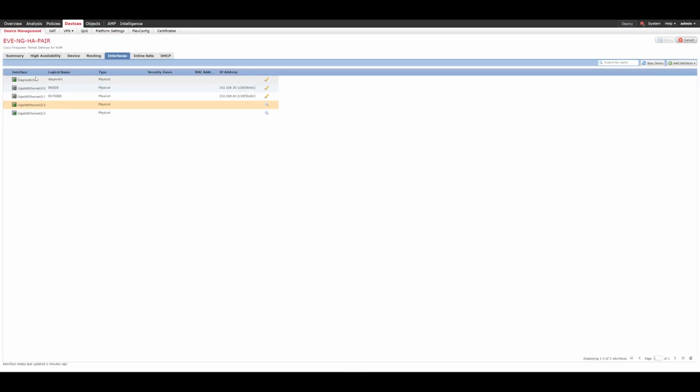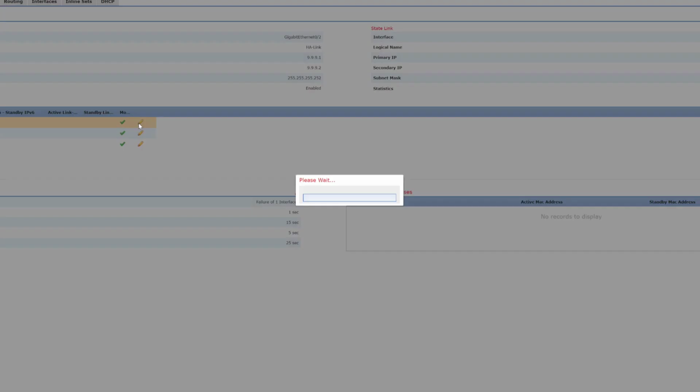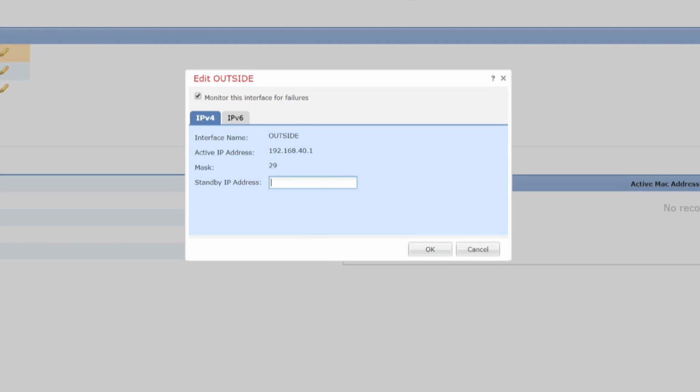Okay, so now that we've done that, we won't press deploy yet, we'll head over to the high availability tab, and what we can do here is add virtual MAC addresses, and add the standby addresses, etc. We can see all the high availability and state link information, as you can see on screen. So what we'll do is we'll add our standby addresses. So let's say 192.168